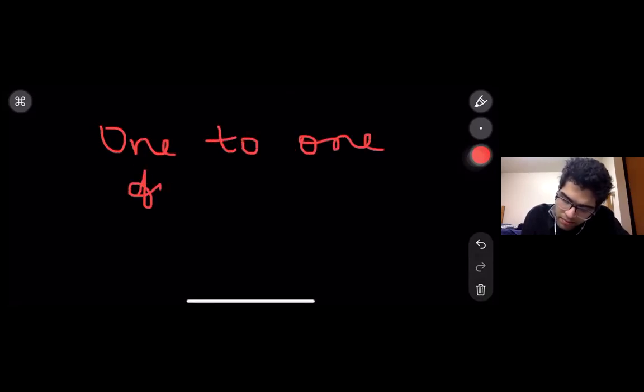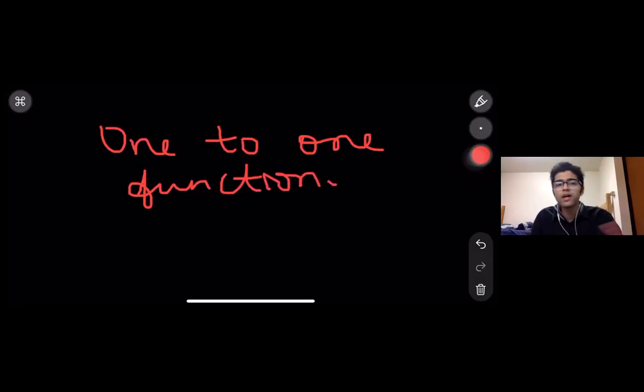And the first definition that we agreed upon was something called a one-to-one function. Now, what is a one-to-one function? One-to-one function means... no, it's not a bijection. Let's go slowly. So a one-to-one function says that every number from our domain is mapped to a unique number in the codomain, and no two numbers are mapped to the same thing. So that was the definition of a one-to-one function.